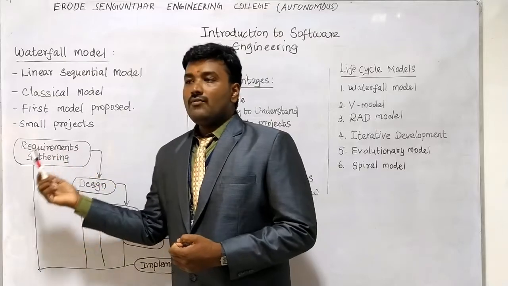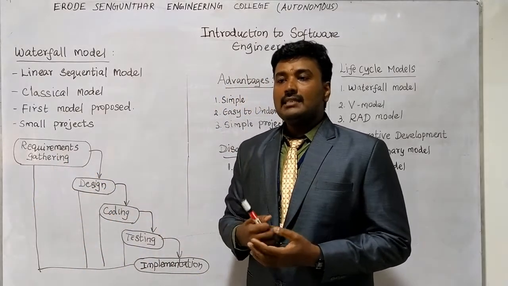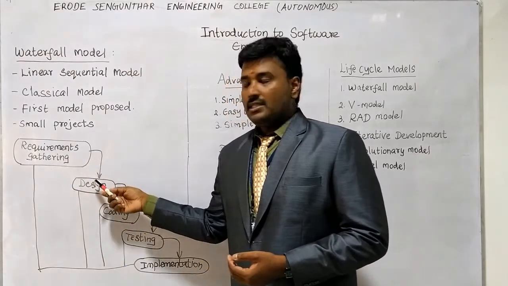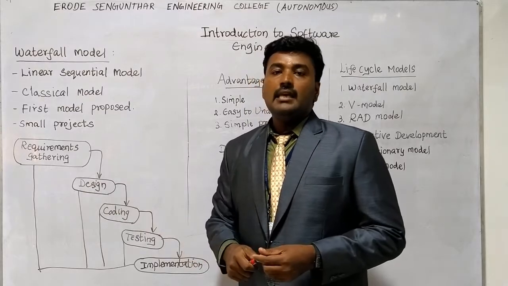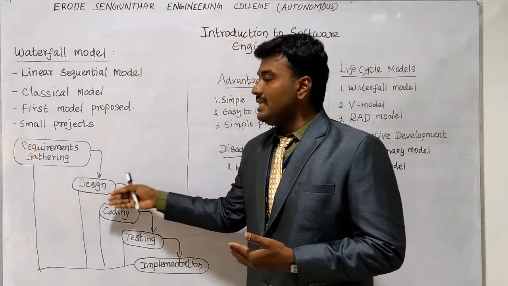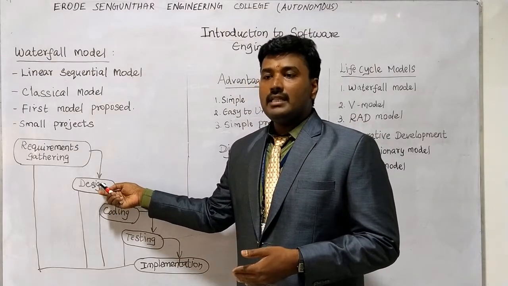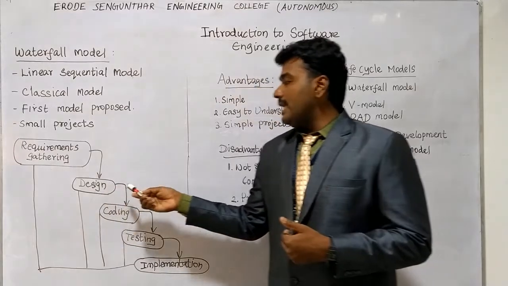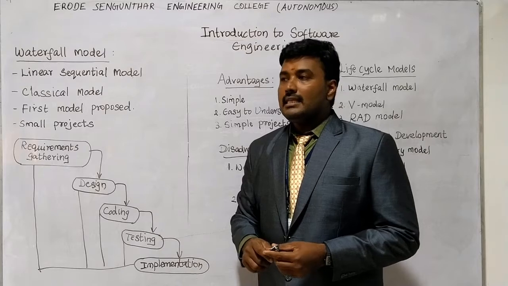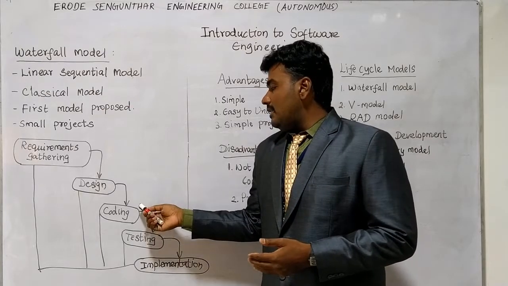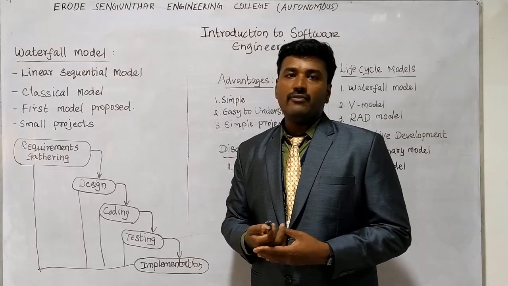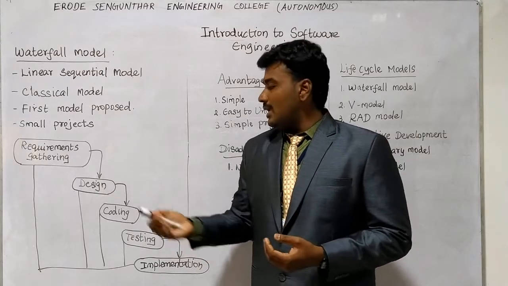Here the process involves gathering information, such as users' needs, from the customers. After gathering that information, we move on to the design phase. In this design phase, the blueprint and the basic details of the design concepts are worked out. After getting the design information, we move on to the coding phase. In this coding phase, we handle the coding part of the project, such as choosing the programming language and the type of programmers for our project.